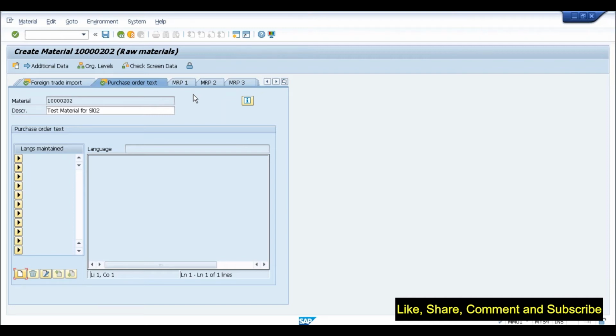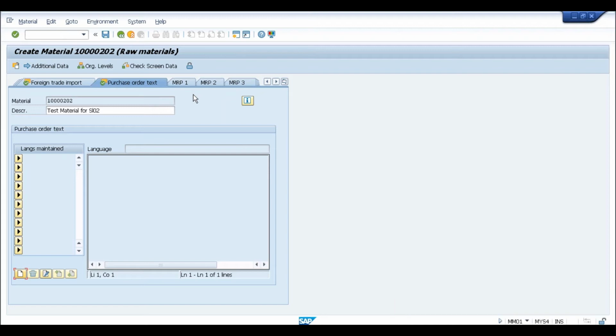Second thing is from the foreign trade point of view. Since the foreign trade functionality is not available, you will find that the entries or the fields which are available in the foreign trade import and export data tab are very much limited. And as I told you, the third thing is related to MRP, where you will find some changes in the fields which are available in ECC vis-a-vis the fields which are available in SAP S4. The reason is that MRP has been simplified and you have 2 options, MRP on HANA and MRP live. So once we understand what these 2 things are, then it will make more sense to understand why there are changes at the field level. So that we'll discuss when we talk about that topic.